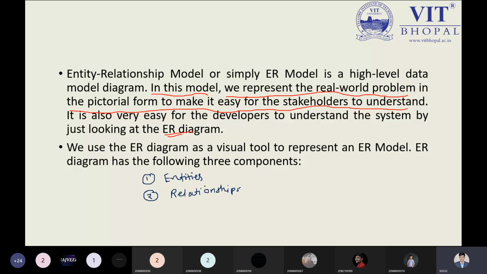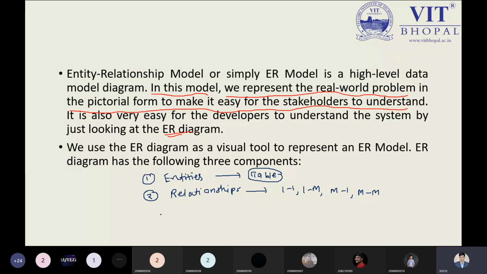These entities are also recognized as tables in practice. Yes, that is the point you have to keep in mind. A relationship is represented as one to one, one to many, many to one, and many to many. A relationship shows the link between two different tables or two different entities, identifying the parameter on which these two tables communicate with each other. Next point we have over here.